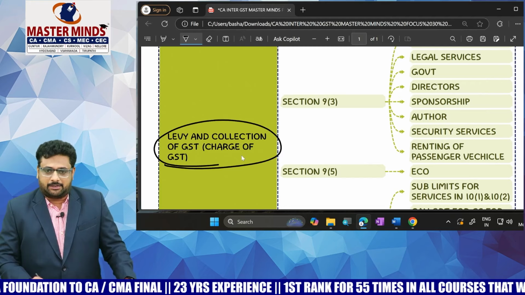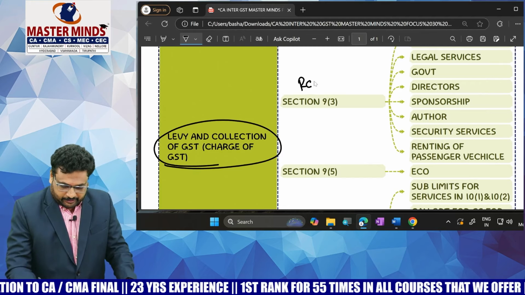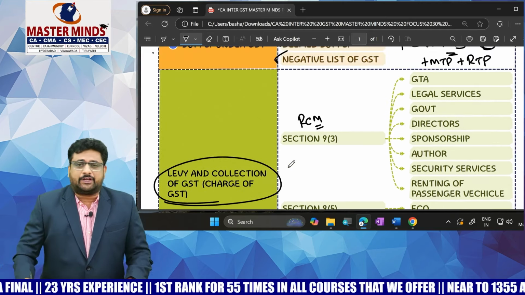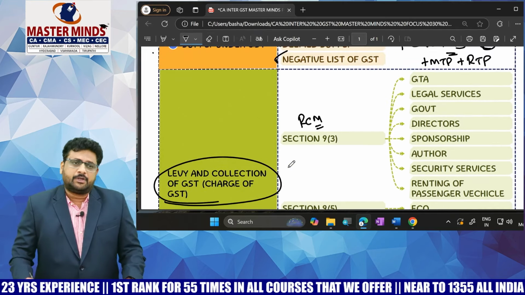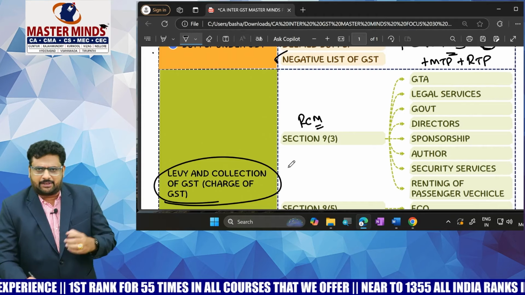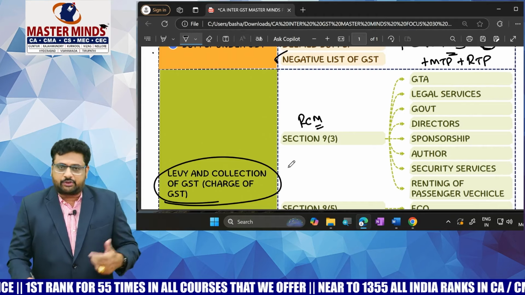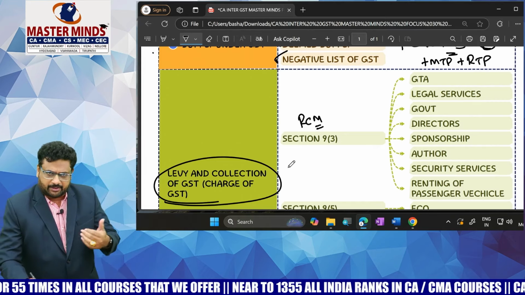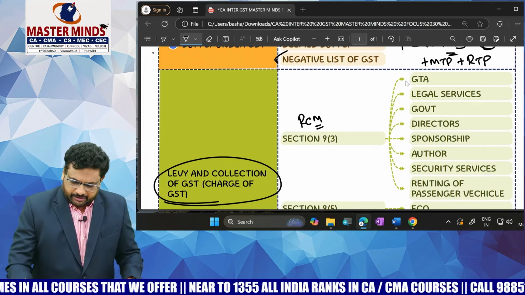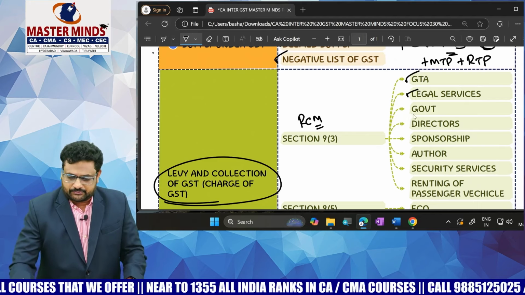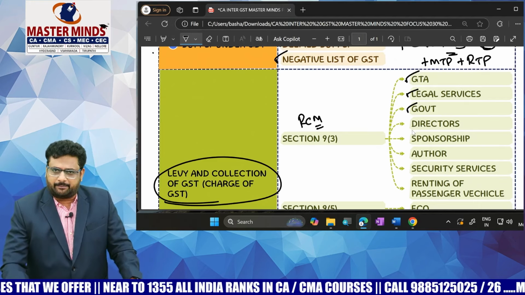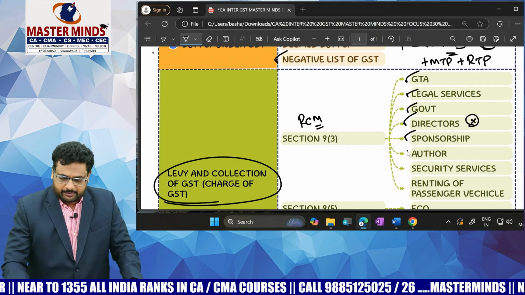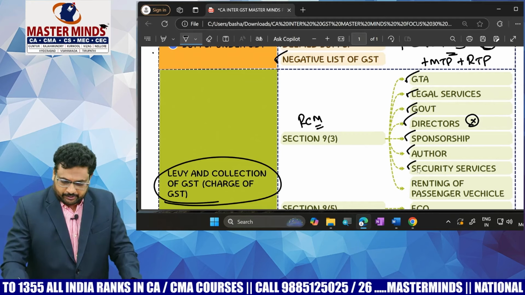And in that 9.3, which deals with RCM, reverse charge mechanism. With respect to reverse charge mechanism, almost some 16 points are there, but in that the most important areas you need to keep focus is with respect to RCM, that means in which cases recipient is liable to pay the GST. So GTA, legal services, services provided by the government, directors, it is important, sponsorship, author to the publisher, security